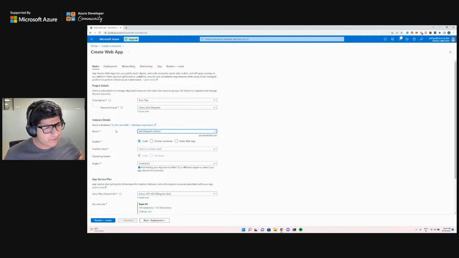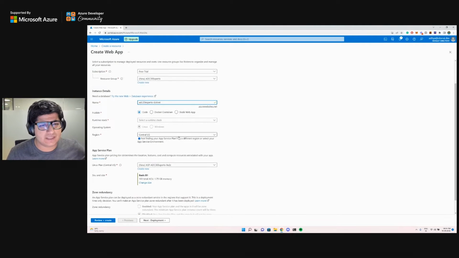example. Now, when we see the publish option, you can see there are three different options here: code, Docker container, or static web app. We're going to be keeping it as code for now because we'll be directly deploying from code, both through VS Code or your local system, as well as through GitHub later on. We'll try that. But in the meantime, you can also use a Docker container to publish, as well as static